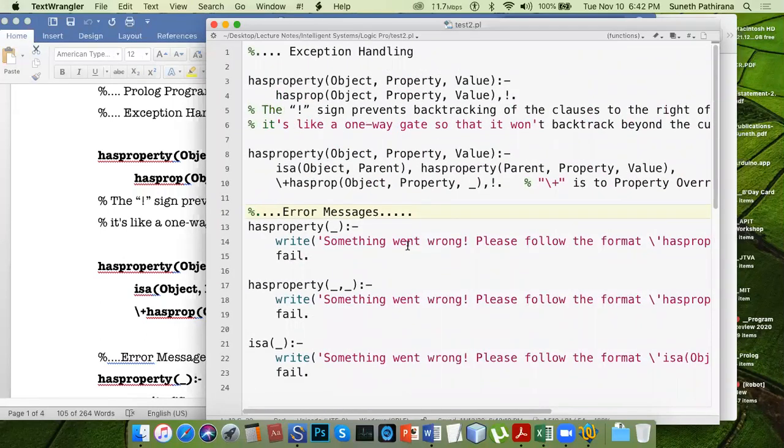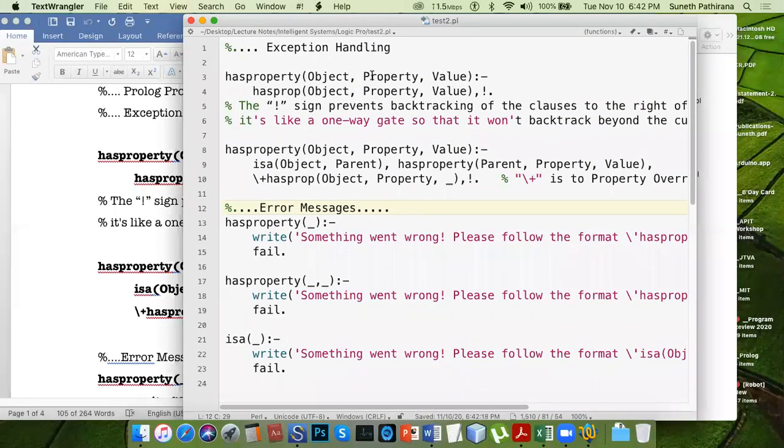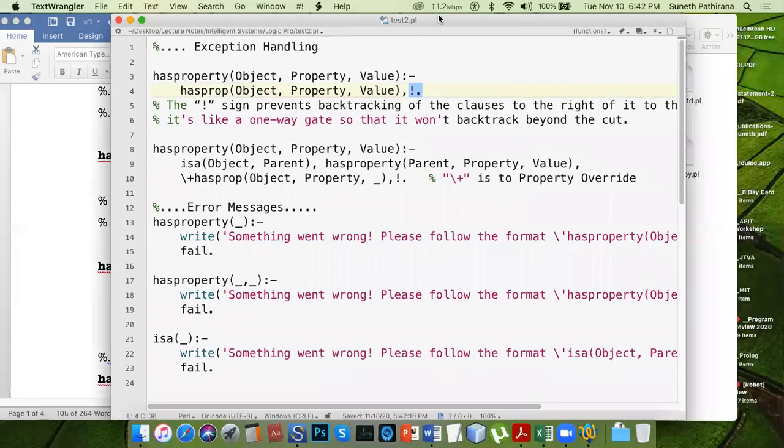You can leisurely go through and understand these things. That means has property. If we call the function has property, it should have 3 arguments, 3 parameters. If not, what is the action to be taken? Just display an error message.